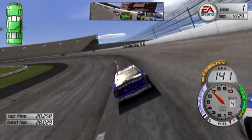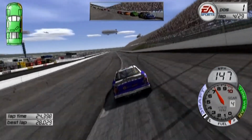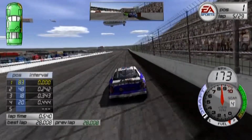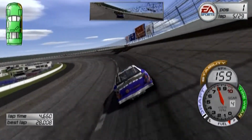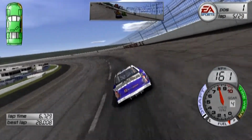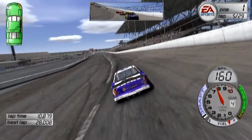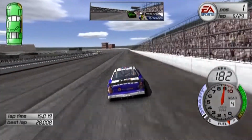It is very, very loose going into the turn. That was a pretty decent turns 3 and 4 that time. Well, I should say a decent turn 4. Not turn 3. I was really loose going in there. So, turn 1 and 2 is always pretty deceptive. You can actually...